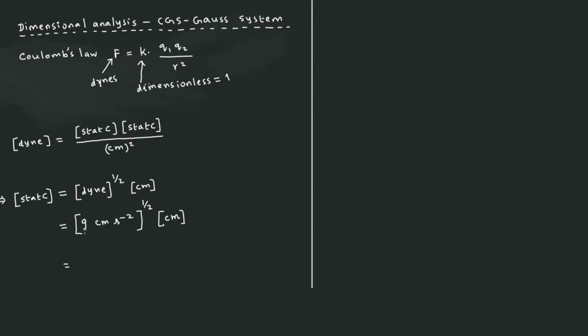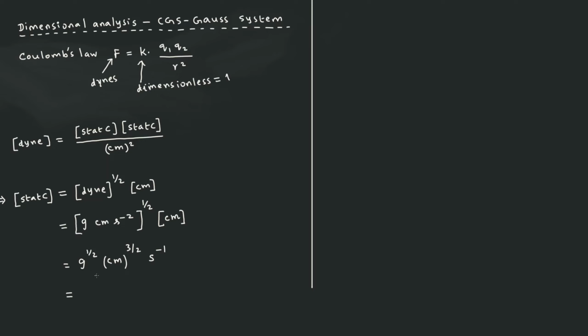So that gives you this. If you multiply, we get gram to the power of half. Then you get centimeter to the power of 3 by 2. Then you get seconds to the power of -1. So in the traditional notation